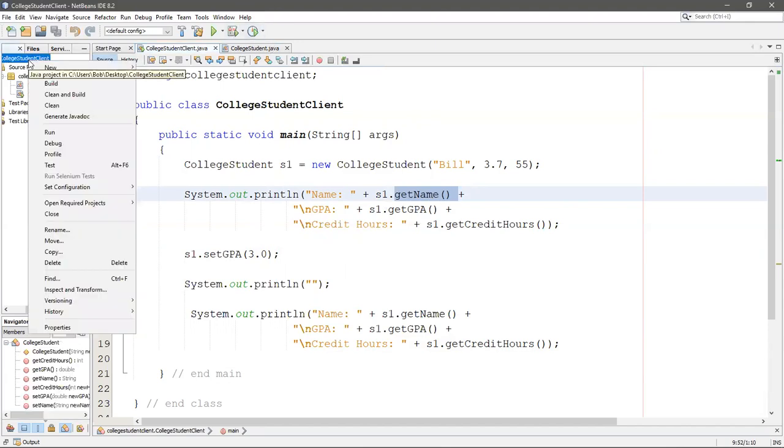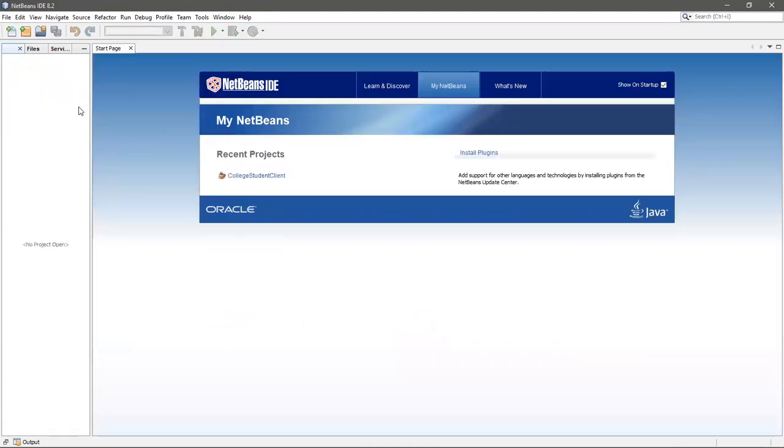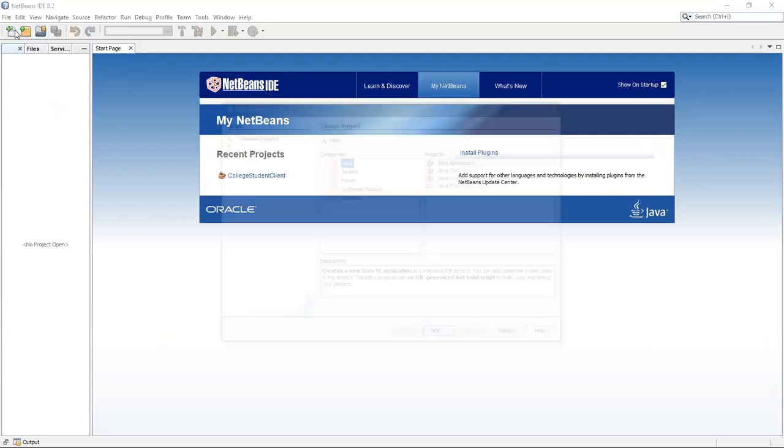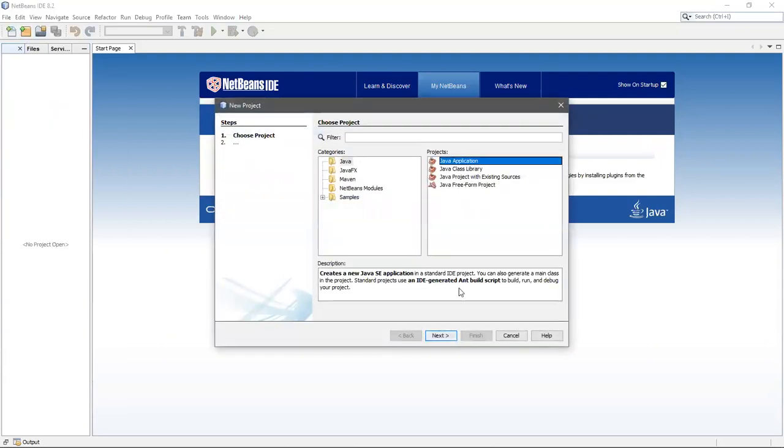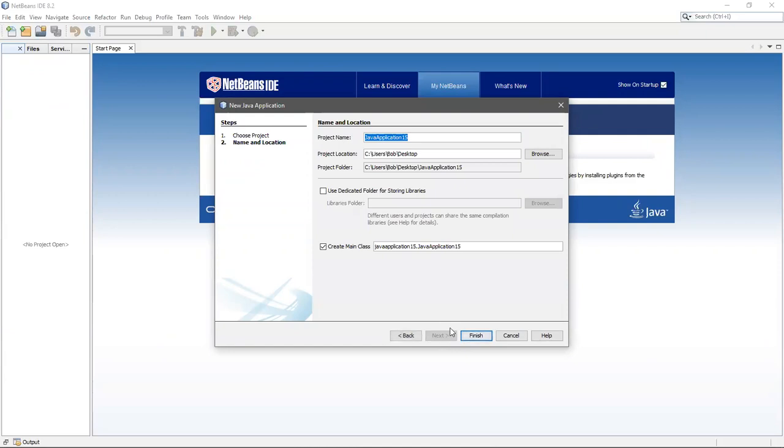Let me go ahead, and I'm not going to build the whole thing for you, but let me just get you going. I'm going to close this. Let's say I want to build an employee one based upon an employee class. So I'm going to go to File, New Project, Java Application, Next, and I'm going to just call this Employee